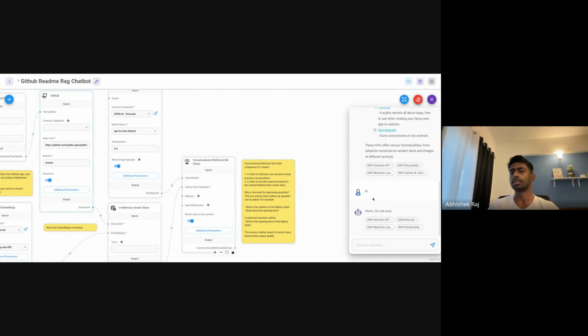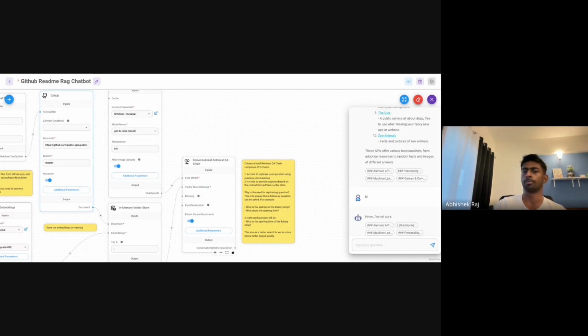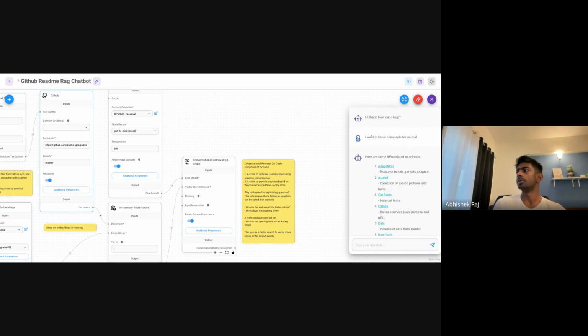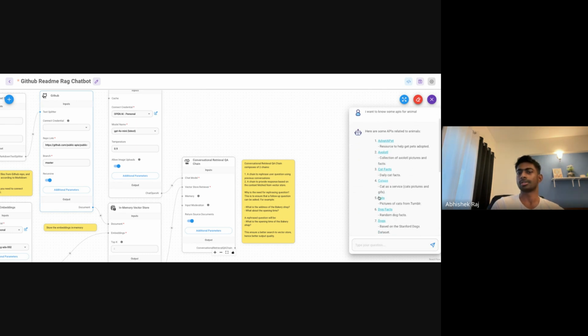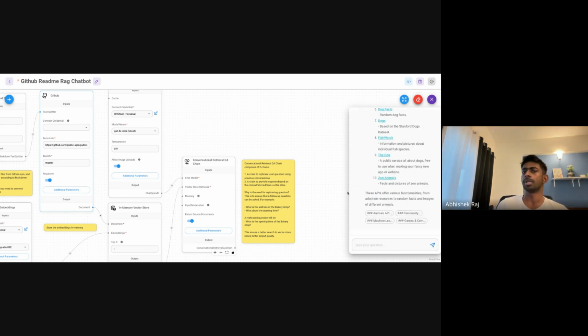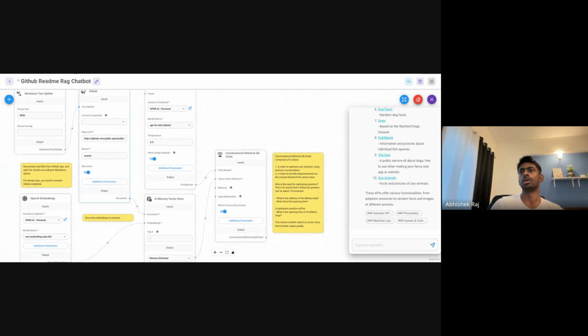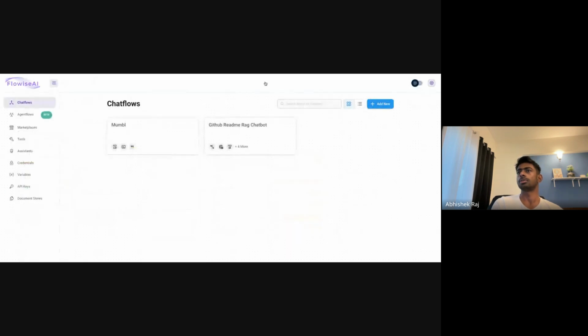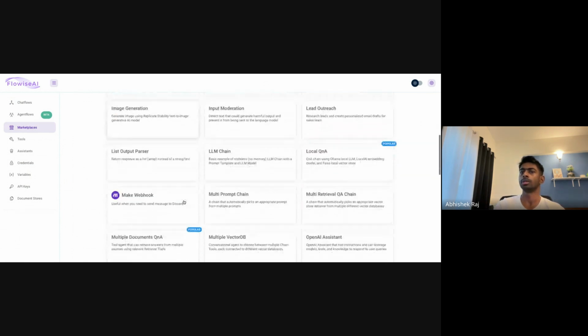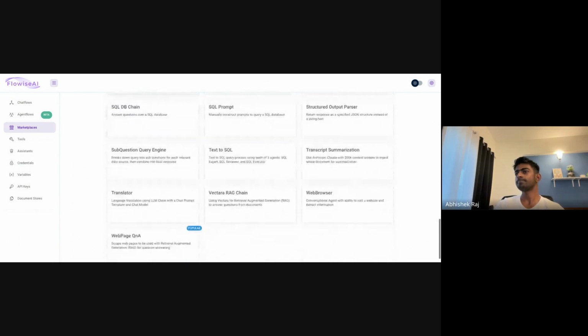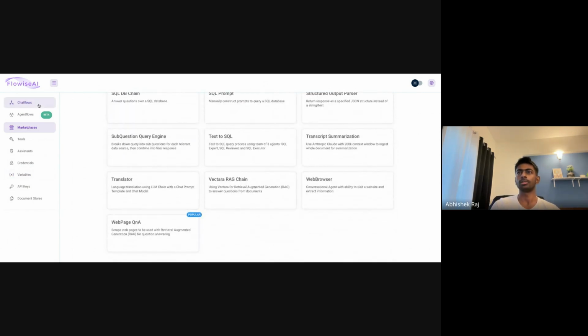I think the last time I was using it, the EC2 instance got some issues because it was running on very little RAM. You can just query it, and it will return responses based on the README you have given. If you want to build AI apps with speed, you can try this. This is a very cool thing. So yeah, that's about it. If you have any questions, you can ask right now.